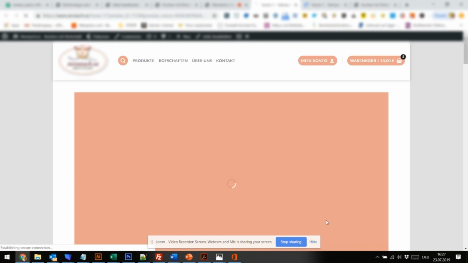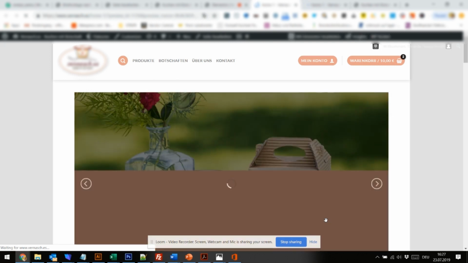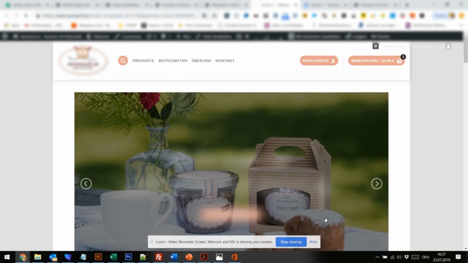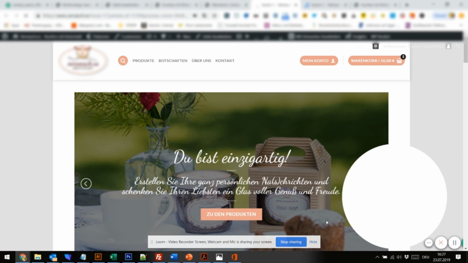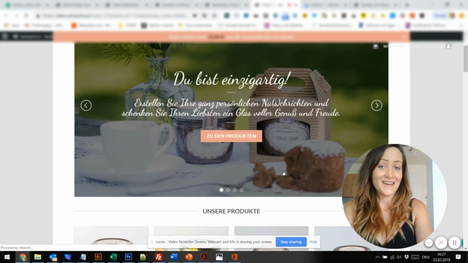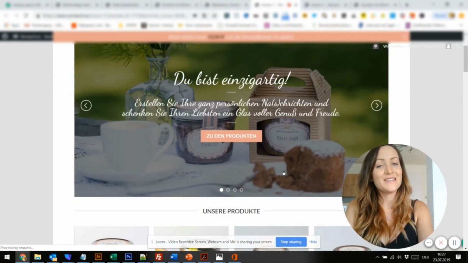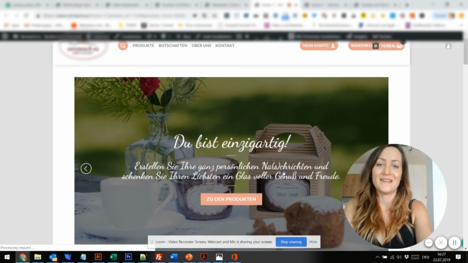Here with the eye, we can enter the preview. And actually, it loads. So other than the information I found first, yes, it is possible to combine elements created in two different page builders,